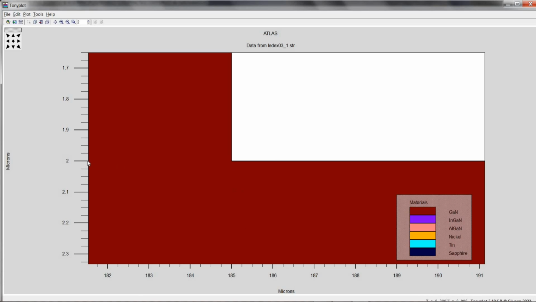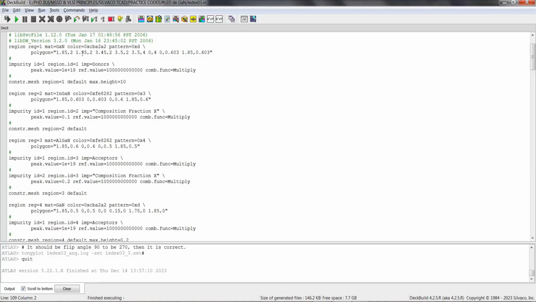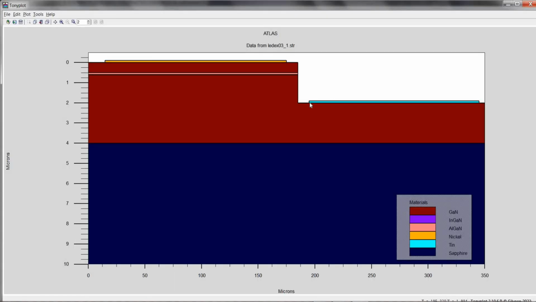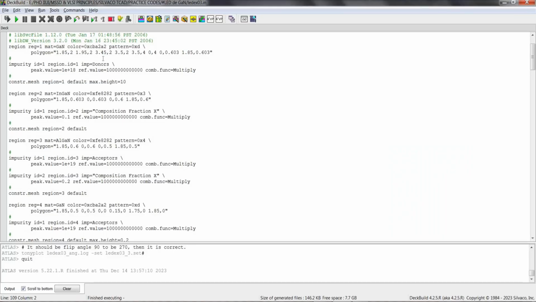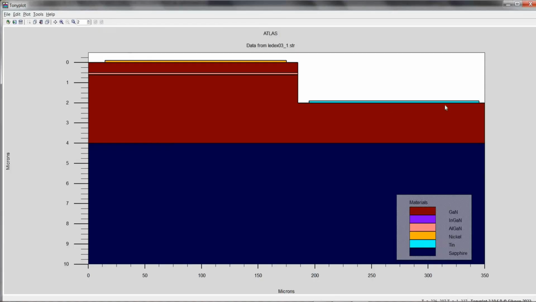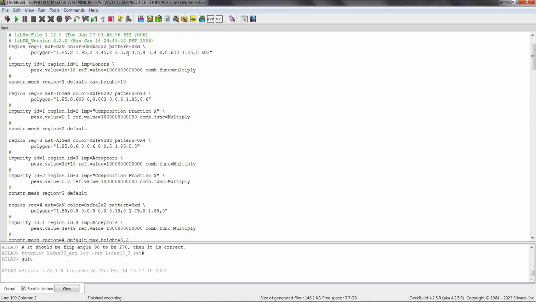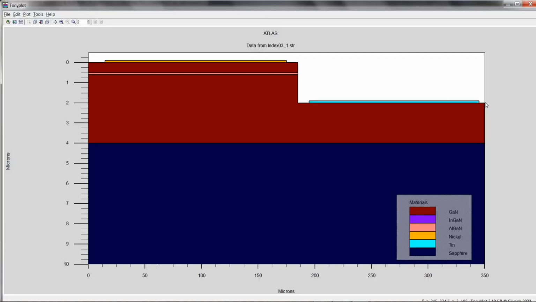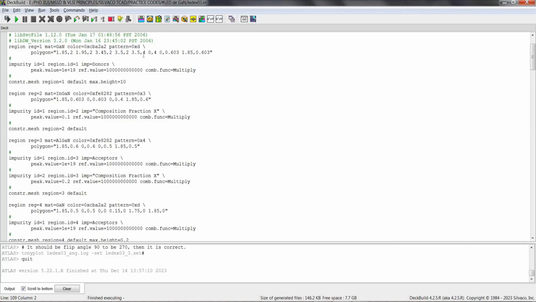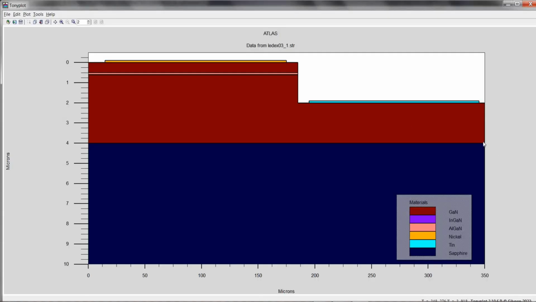And then it's 195, 2. So this point over here. And then it's 345, 2. This point. 350, 2. This edge, corner. 350, 4. This corner. 0, 4. This corner,